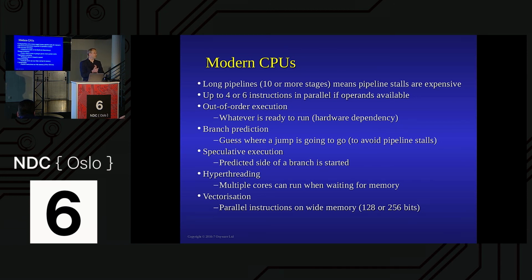Modern CPUs are fantastic and amazing pieces of kit. They've got 5 billion transistors in them and counting. Tiny little things of 14 nanometers, and I'm just amazed at what they can do. They have long pipelines, 10 stages or so, because they're splitting things up into lots of sections, because each one then can go as fast as possible. It means that pipeline stalls are expensive. So a lot of effort's gone into reducing those ones with branch prediction, etc.